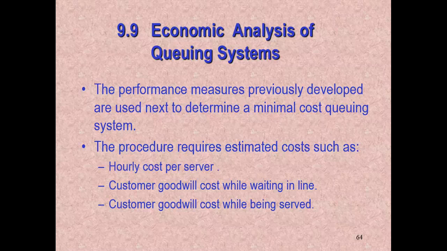Okay, so the measures we're going to use are this, okay? We need an hourly cost per server. And why that's important is if we're paying these people, let's say $20 an hour, we hire 3, that means I'm accruing $60 per hour in wages. If I hire 4, $80, 5, $100, right? What's happening though when I hire more people? Hopefully.